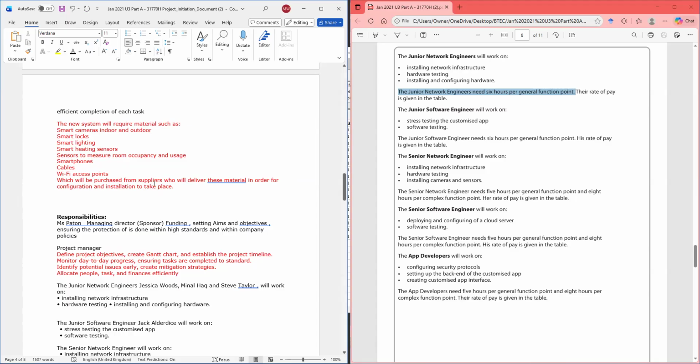Which will be purchased from suppliers who will deliver these material in order for the configuration and installation to take place. And that's how we do that one. All right, and this is the material section that we talk about. All right, so all of this you can get from the set task brief.